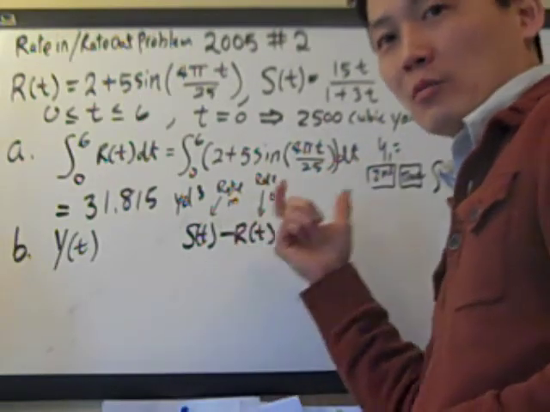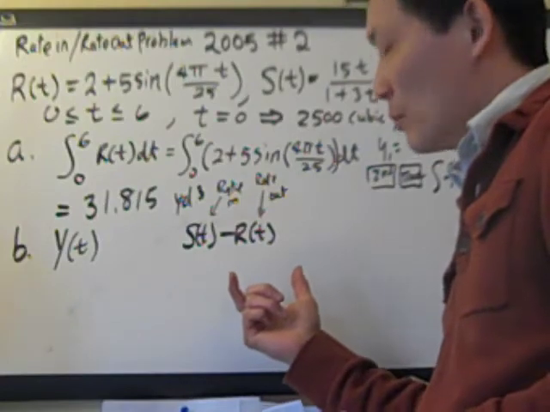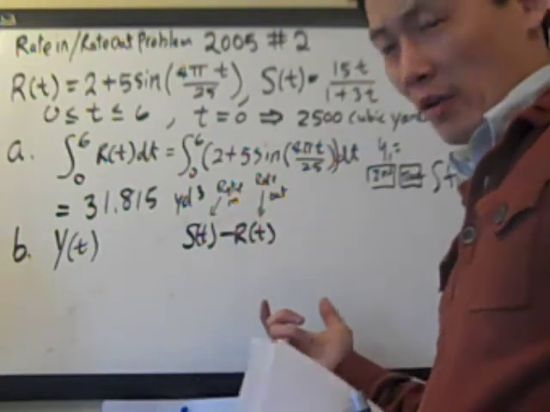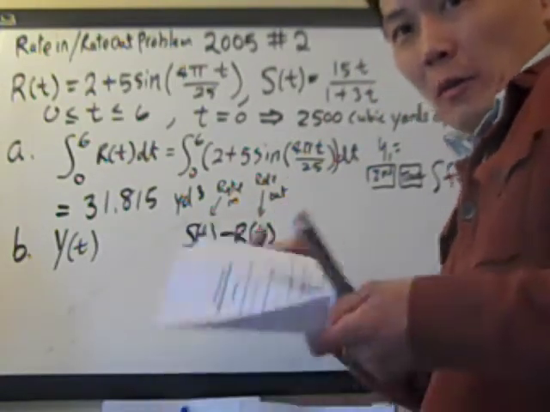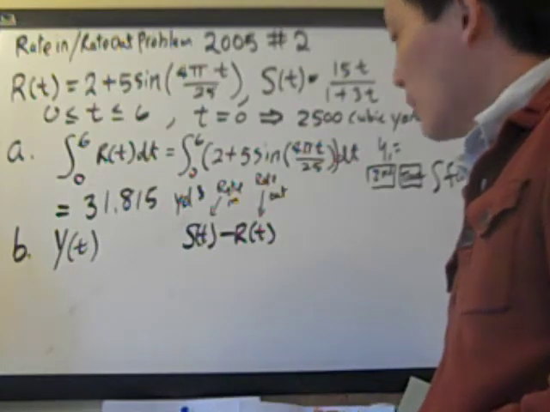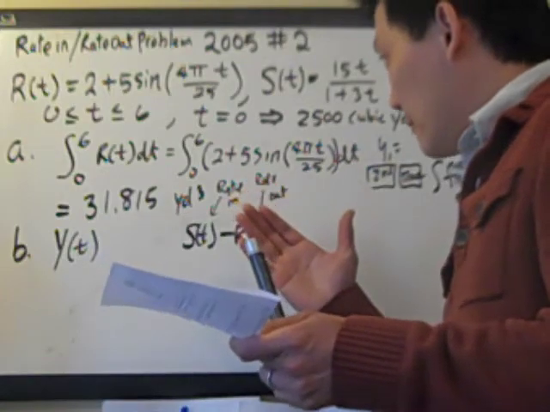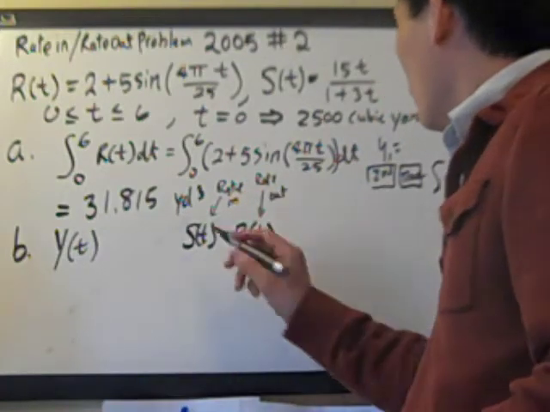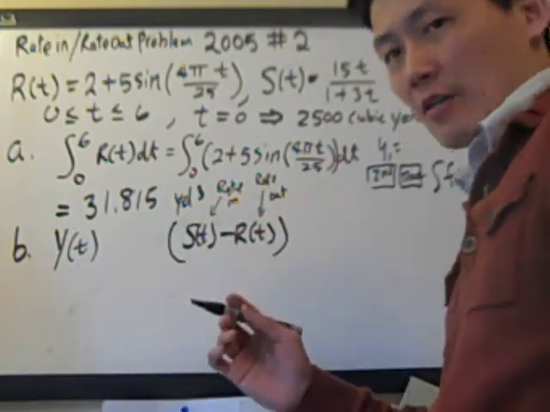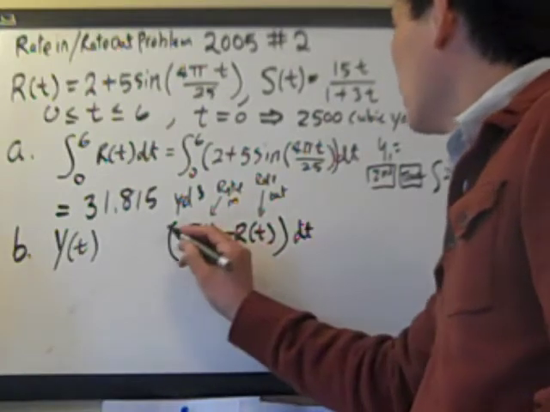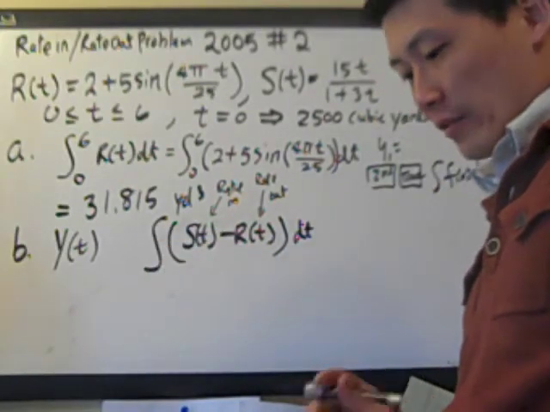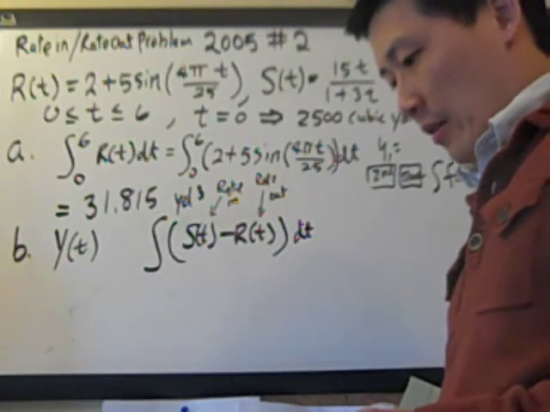This will give you the actual rate of change. But the actual rate of change is still a rate of change. We want the actual amount of sand over the 6-hour period, not at a given time. So if we take this rate and we take the antiderivative of this rate,